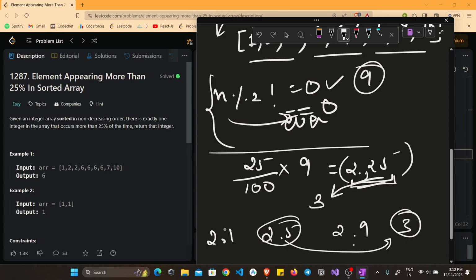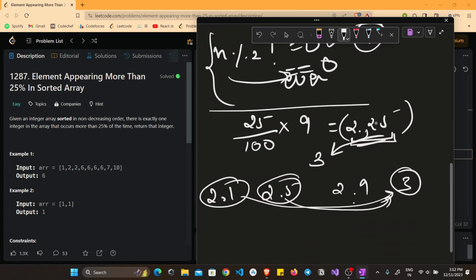it will again be 3. And for 2.1, again if I ask you what will be the next greater integer immediate that I can take, you will again answer me as 3. So this is called taking the ceil of a number, right? So I hope you are clear what I mean by a ceil function. So whenever we get a value in decimal notation, we will definitely take the ceil of it, and